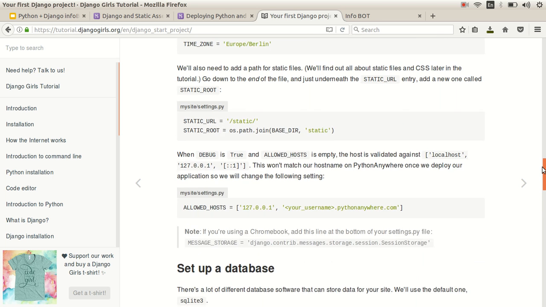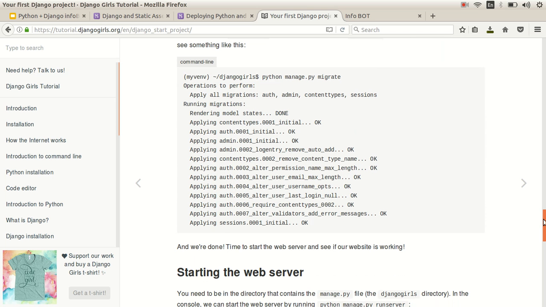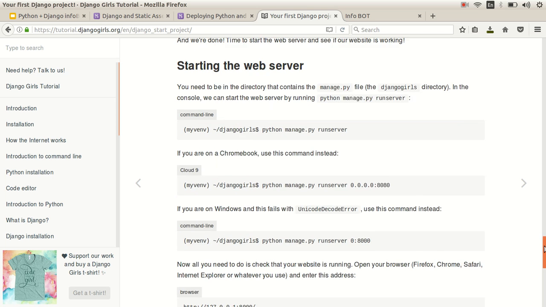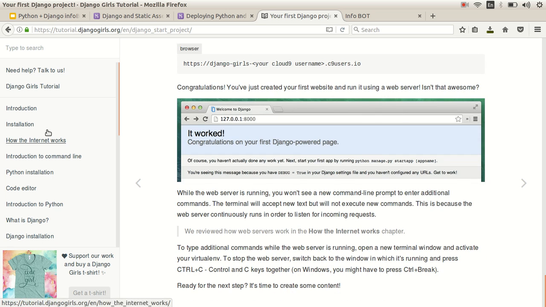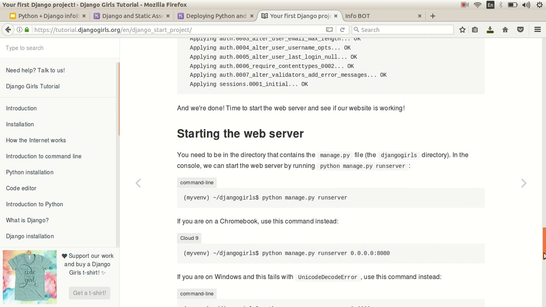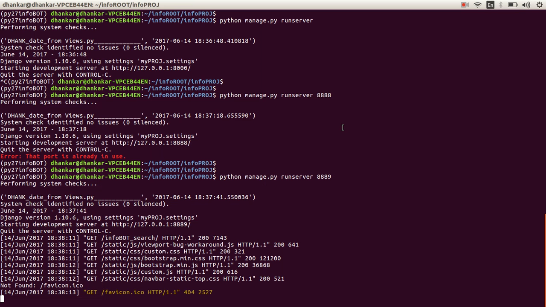Once we have made these changes, they are recommending that we go ahead and do a migration. One second, I need to check at what stage we create the app, because we can do the migration. The migration is by doing an initial migration. So this is what it is over here. python manage.py migrate is the command. By doing an initial migration, what we will achieve is that our database will be set up,